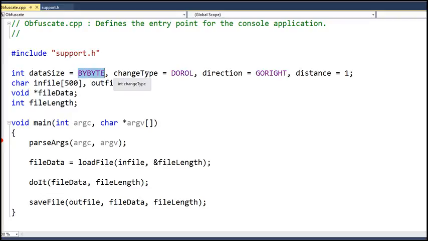Defaults to bytes. The change type, we're going to do rotates by default. The other one is shift. We're going to by default go right. And the distance, we can roll or shift as many as we want. So I might want to roll or shift 1, or I might want to roll or shift 5. And this gives you more